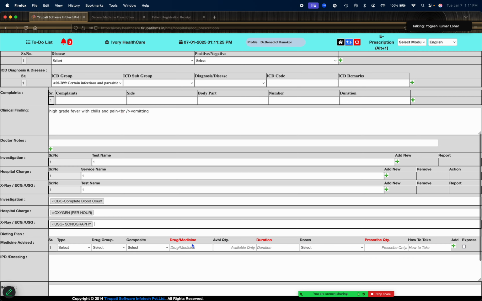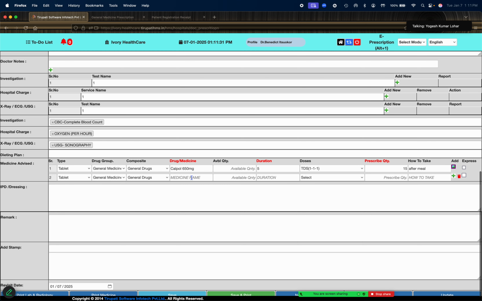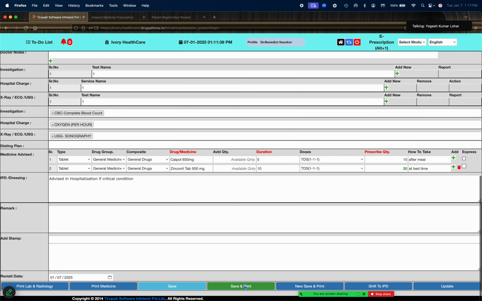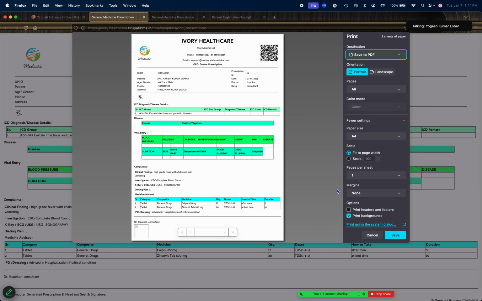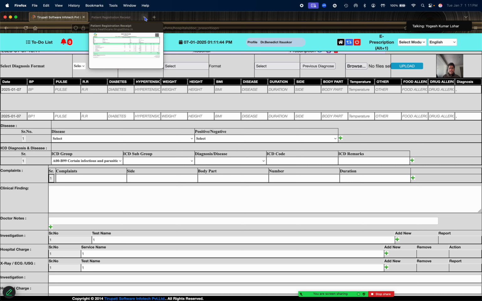In the prescription we can write the medicine part, like two tablets quantity, and the investigation prescription. This is the medical prescription we prepared for this patient, and the prescription has been printed.